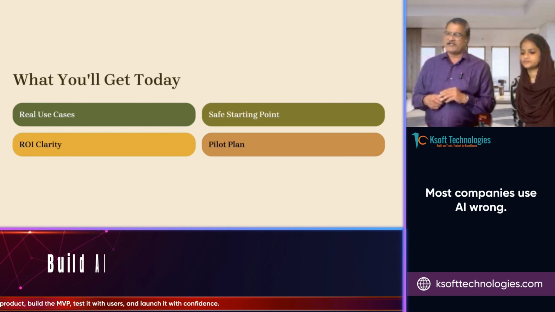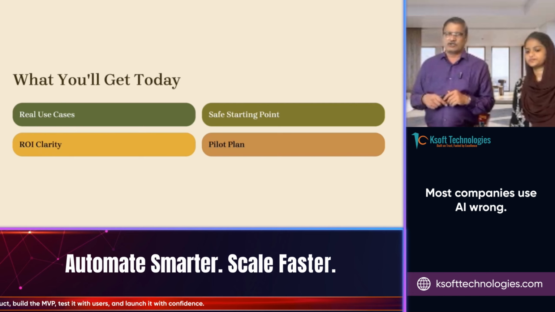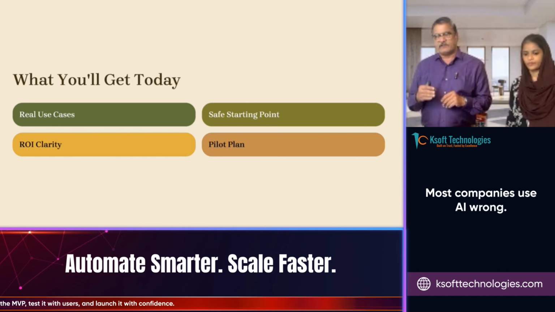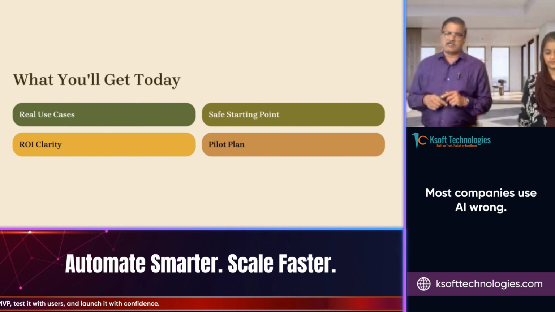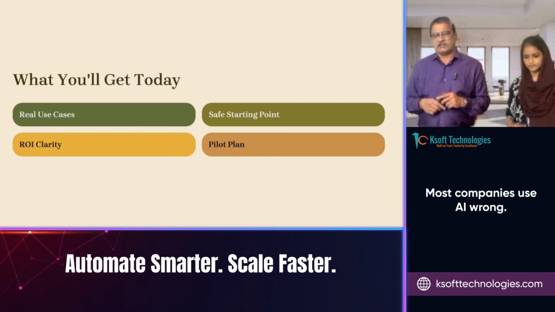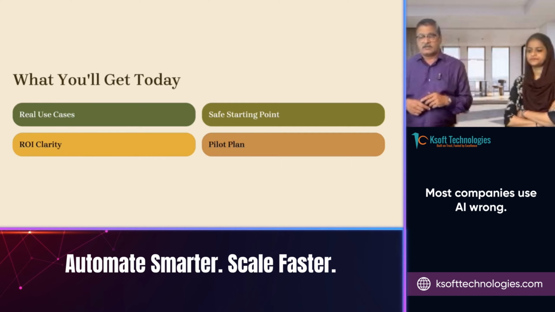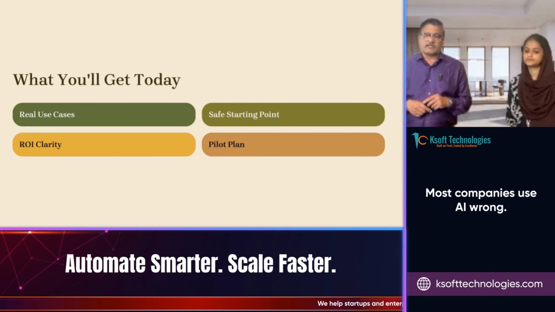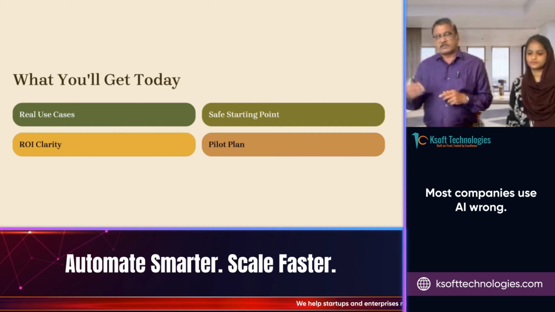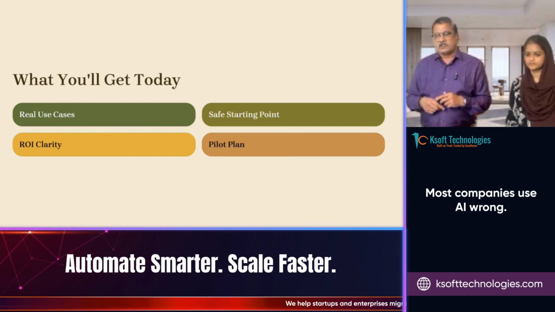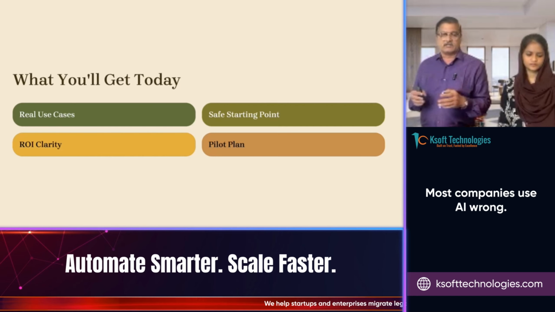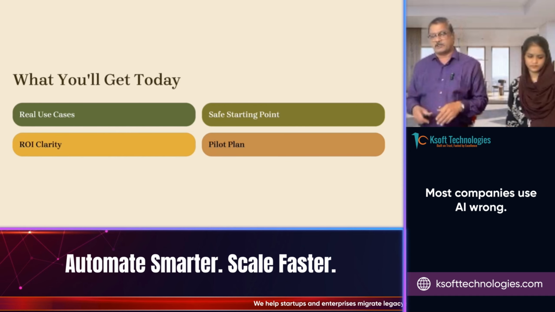Then, at the end of this, we'll go to the pilot plans. I'll show you the ways you could implement this in a few short lines and within just a few minutes. I'll also show you a few of the things that we built internally for our automations, and we were successful in getting a very great ROI out of it. Most of the ROI quotient for us was the comfort levels and lower stress levels of the teams working with us, of our colleagues, and that was most important.